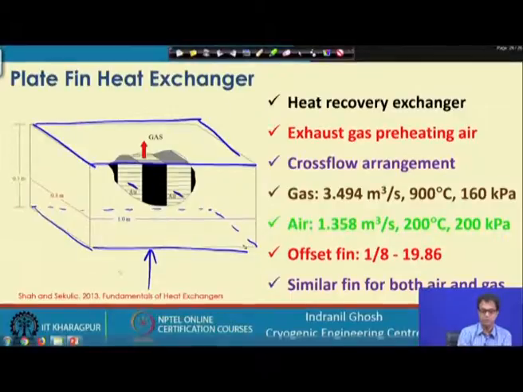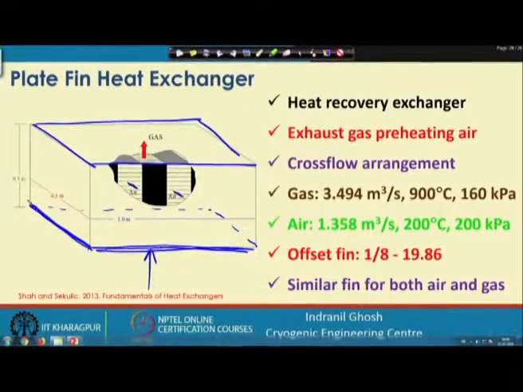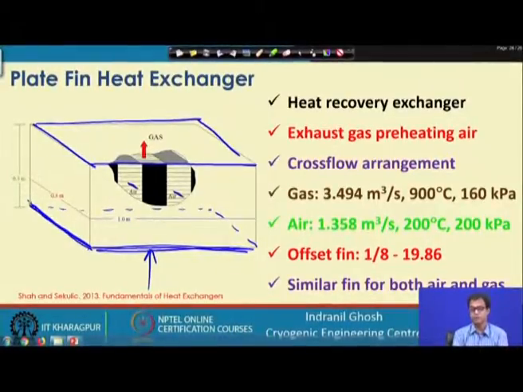And what is that dimension? We already know this dimension is 1 meter and this dimension is also 0.3 meter. So, in this case we have both the frontal areas similar to each other. So, we have this information: the overall dimension of the heat exchanger is given, the fin details are given, the volumetric flow rate and the inlet temperature and pressure are given,